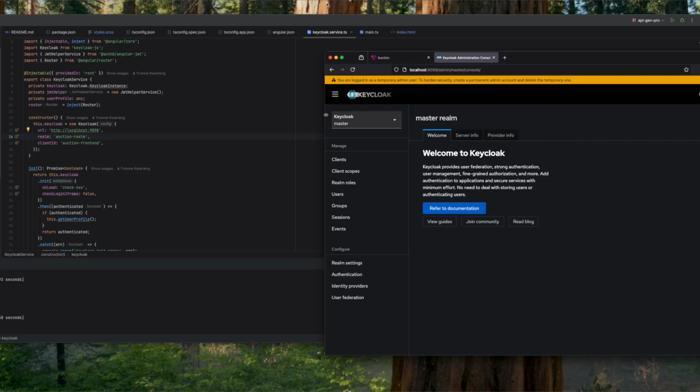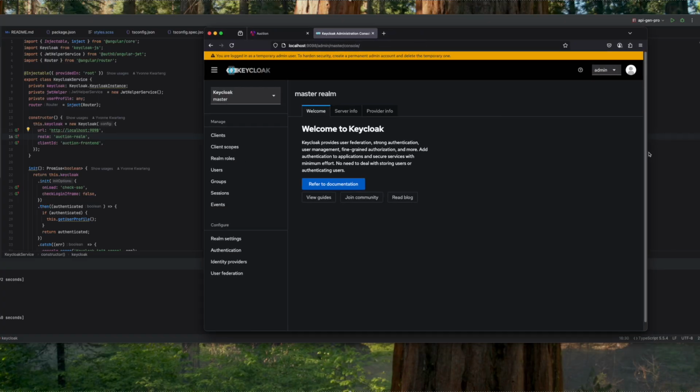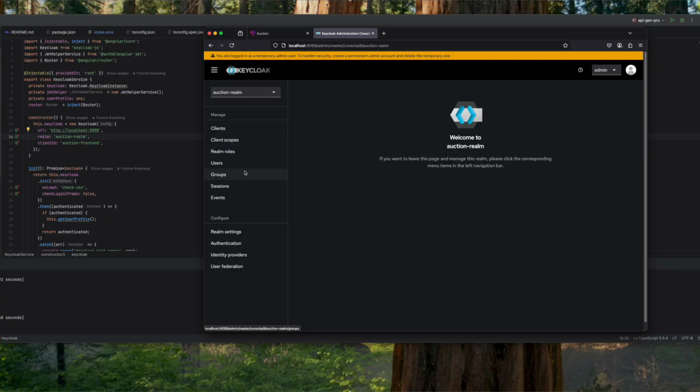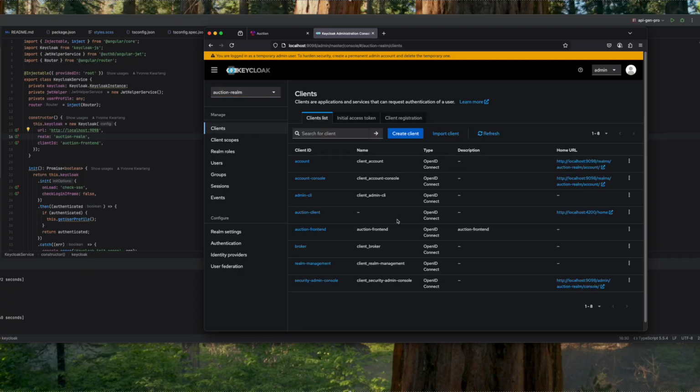Okay, so we are now inside Keycloak, and back in some of my videos I have already shown this Keycloak and what it is doing. But inside Keycloak is the master realm, and we want to go into our realm. Yeah, so we select our realm. I've already gone over this, but I'm showing you the clients that I have. So inside my realm, I have two more clients that I've created. I've got an Ocean client and an Ocean